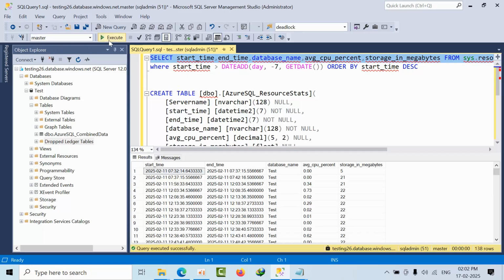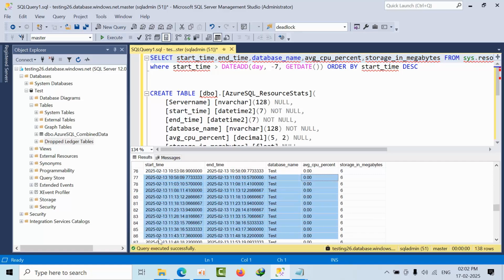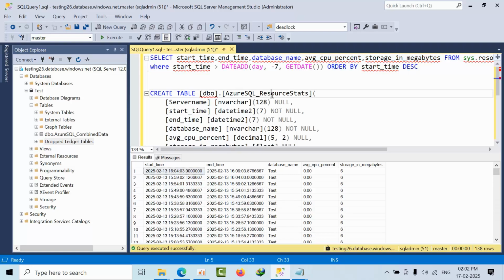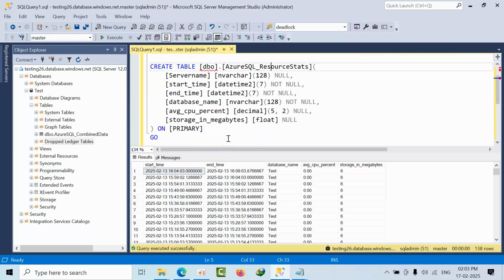Now if I click execute, see, I am getting the utilization for all these days. You can also use a start where command. So from the current day onwards, you are getting the last 7 days of data. Okay. Now, using the same result from this command, I need to create one table on the test